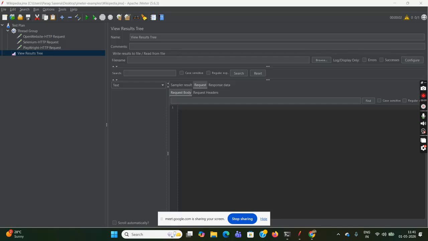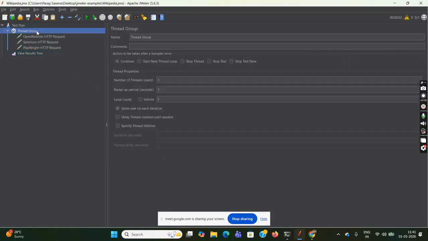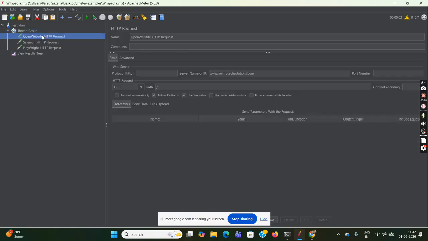We understood what is a test plan, what is an HTTP request sampler, and what is the meaning of user, loop count, and ramping period. Okay, so now for example, I am visiting this website